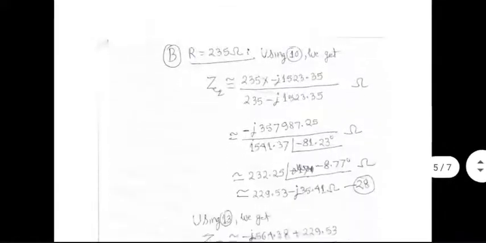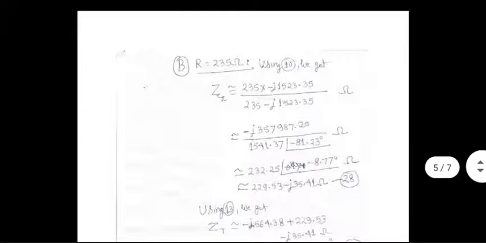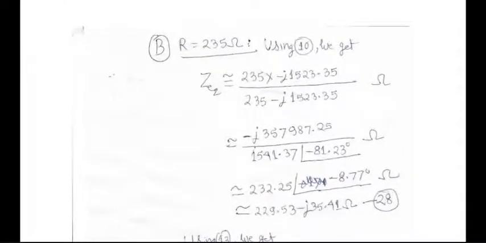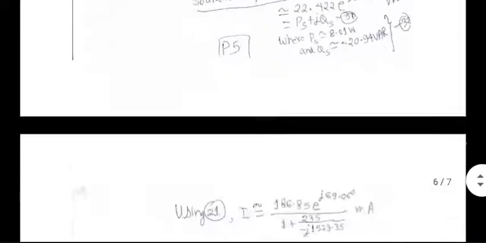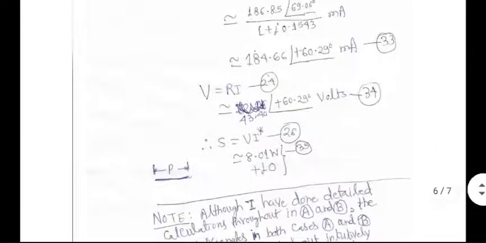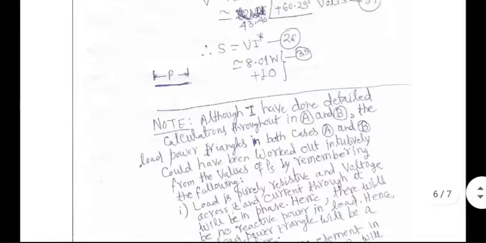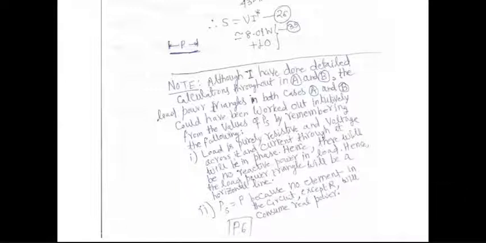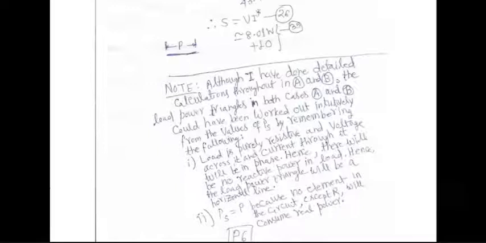Now you can repeat the same problem with a different resistance value for the load. The qualitative nature will not change. On the load side, you will still get a horizontal line, but the value will be different. Okay. What I'm trying to tell you indirectly is that in a water heater, although you are supplying AC, which will produce a current with some phase shift, Q is still almost zero because the load is purely resistive.